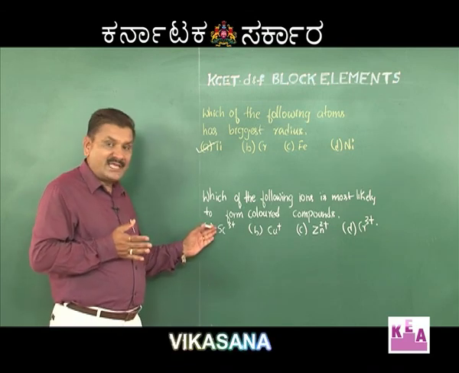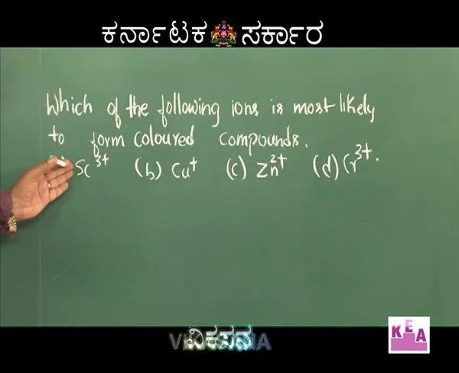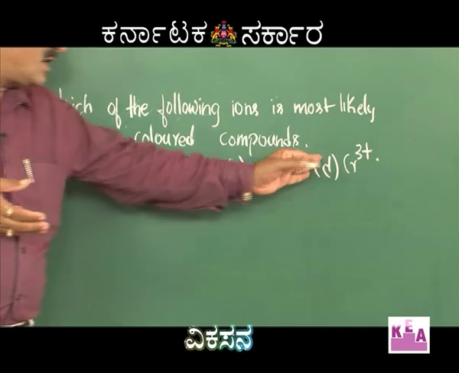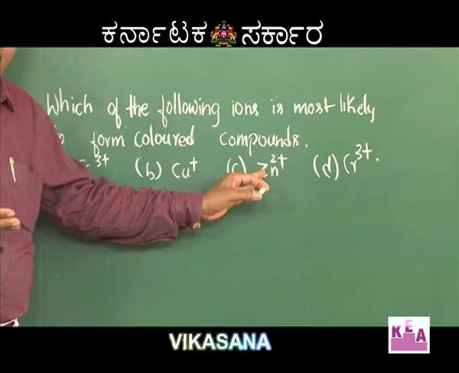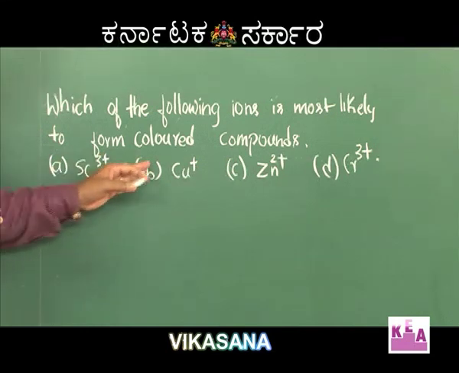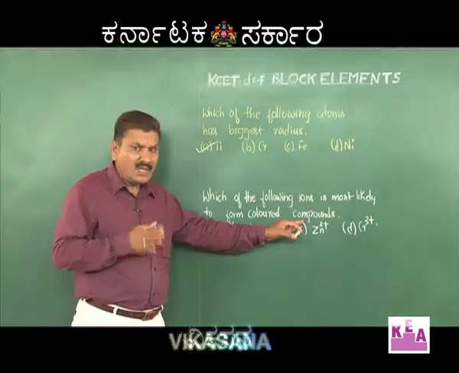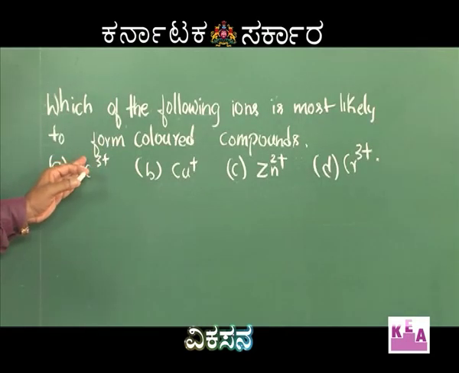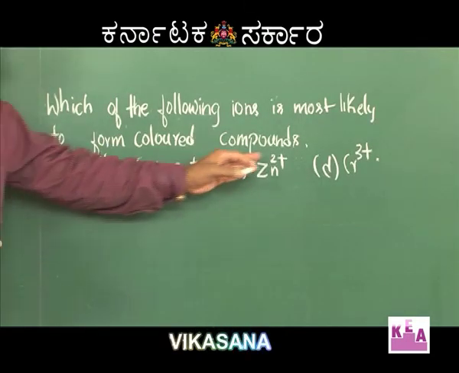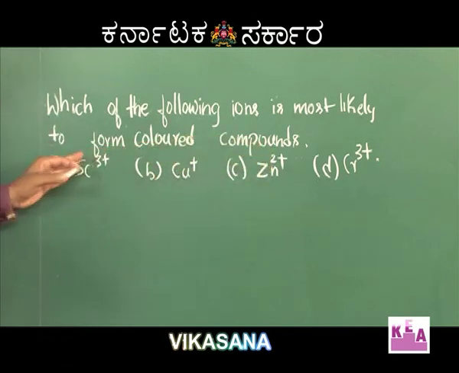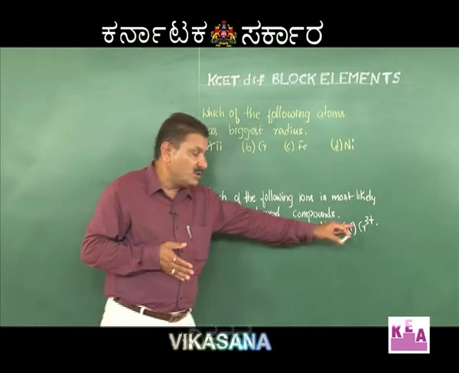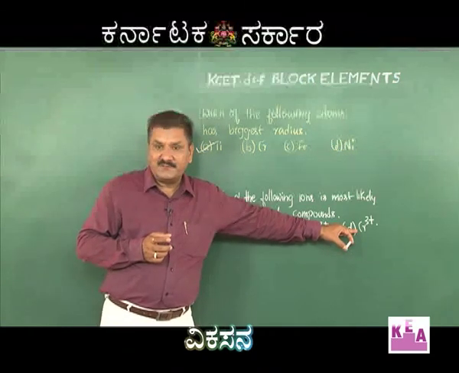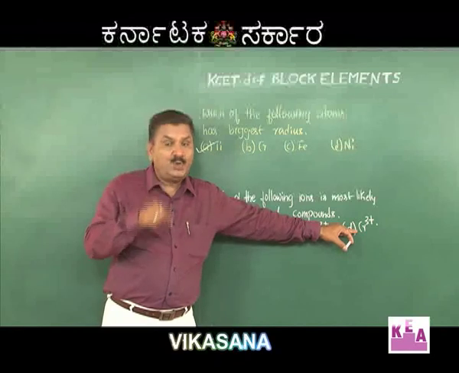Look at this: scandium 3+ is 3d0 configuration, copper + is 3d10 configuration, Zn2+ is 3d10 configuration. All these three options do not have unpaired electrons in d orbital. This is 0, this is 10, this is also 10. No unpaired electrons here. But when you move to chromium 3+, this chromium 3+ has